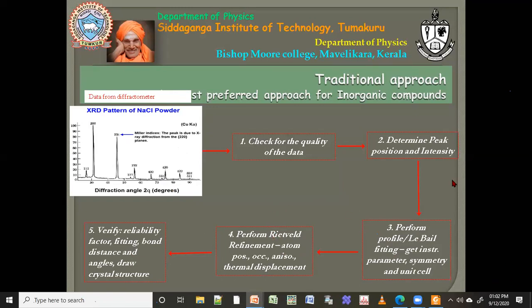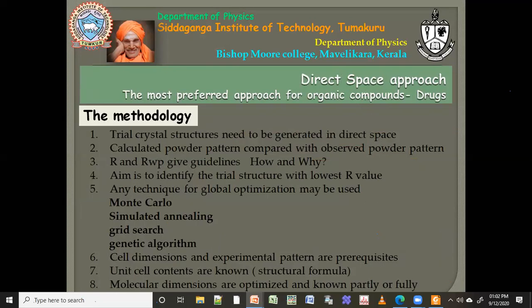So you take a model which is already published or already existing, you take your data, then you try to fit this data with that model, and if you get a very good fit, that means you are solving the crystal structure. So this is a traditional approach, mostly for inorganic compounds. Okay, but if you come to organic or single crystals, so normally what you do is you have to go for